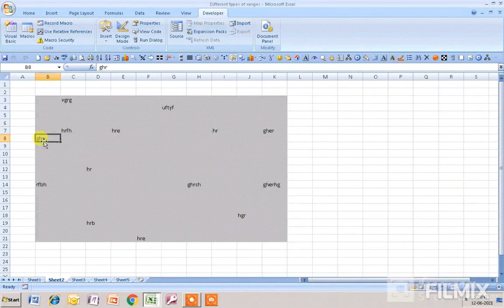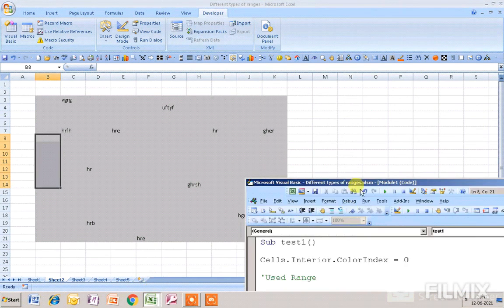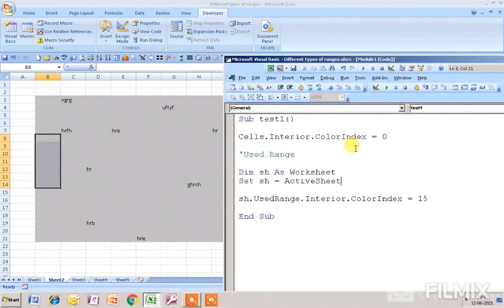Suppose I delete the text from these cells, and again go back to the VBA window and run the macro, then you can see the changes.